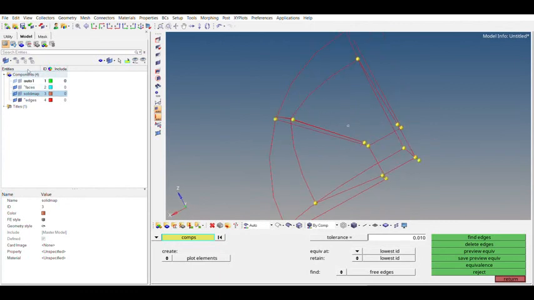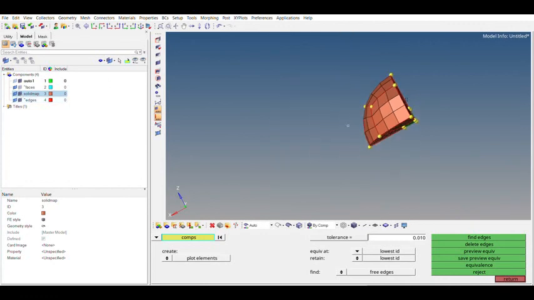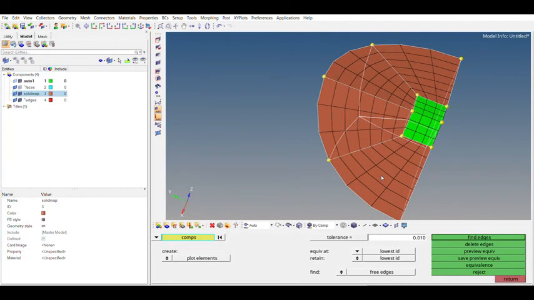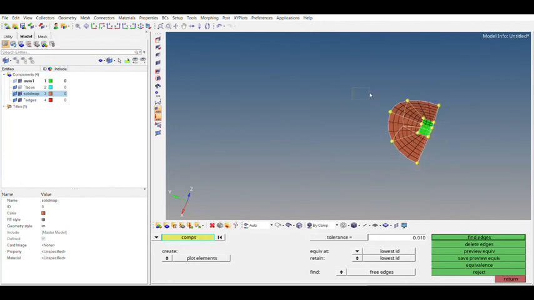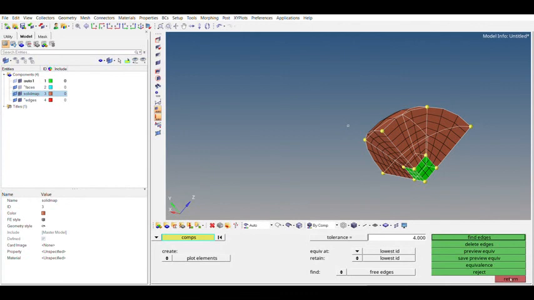So first for doing the equivalence process, just toggle the solid map and the meshes. Now select the component and then provide a tolerance of 1 mm and click on preview equivalence. So these are the nodes that need equivalence. So click on equivalence. To recheck the equivalence, just increase it to say 4 and do the preview equivalence. You can see there are no nodes remaining. So it is a perfect equivalence.